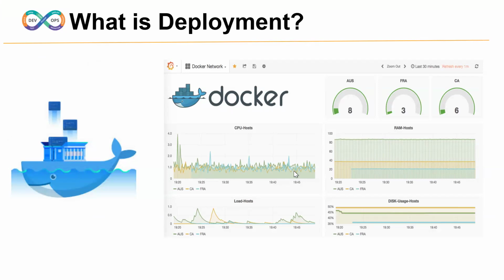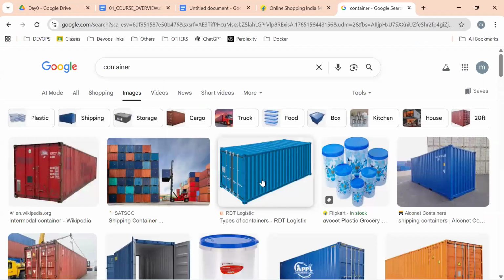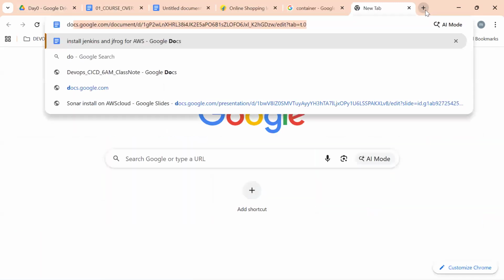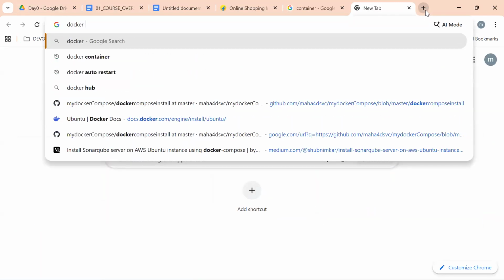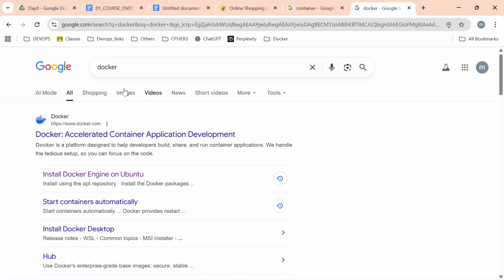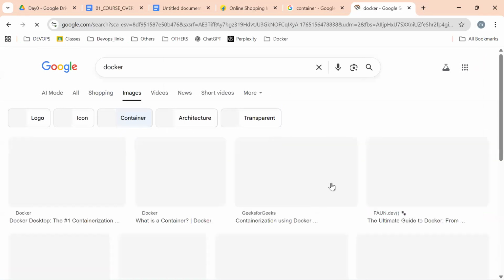These containers can be used for transporting or importing any kind of goods. The same way, our Docker containers are used for deploying our websites, like Java, .NET, and Python applications.